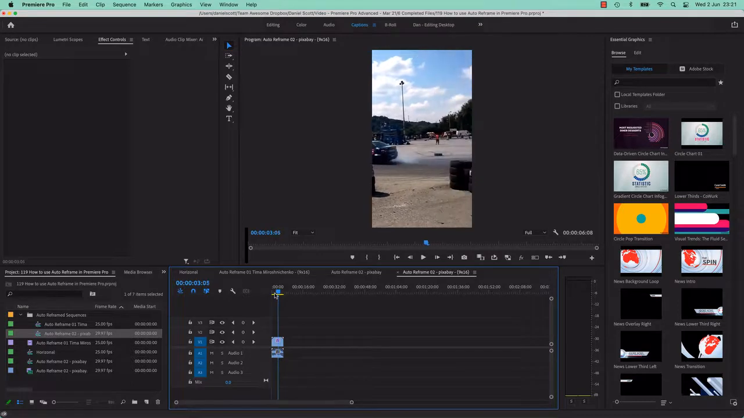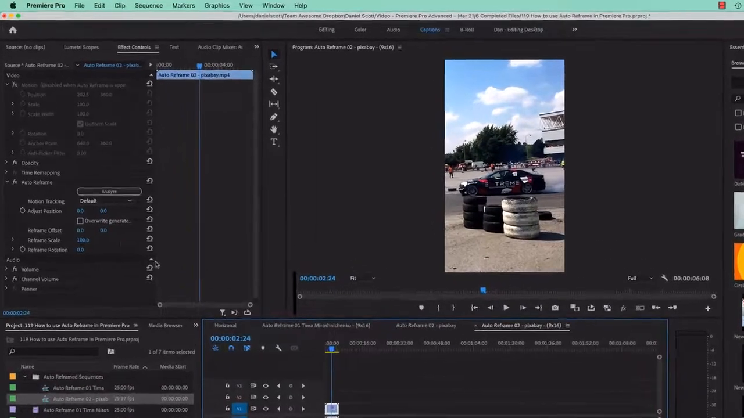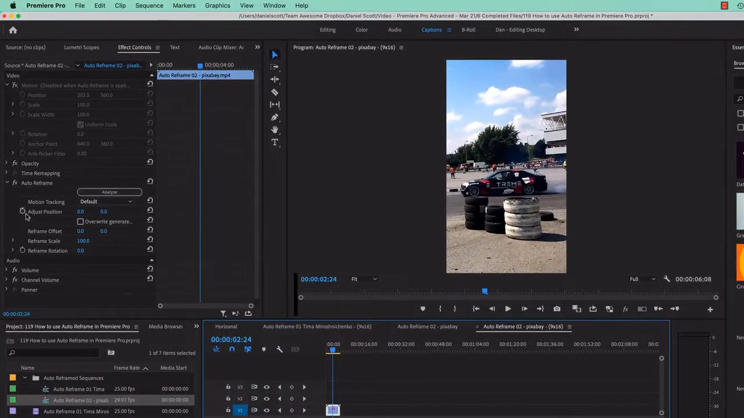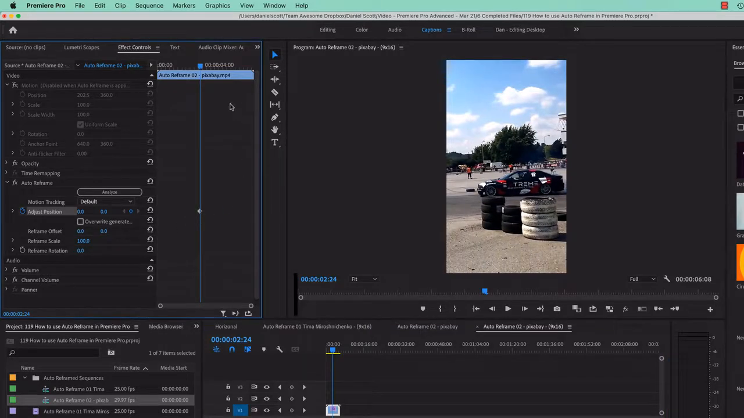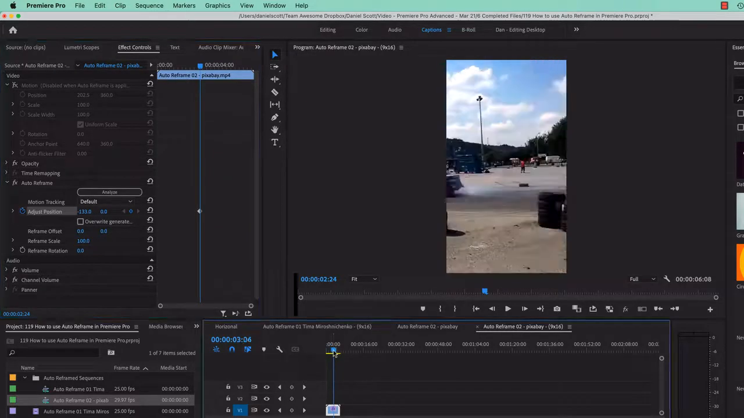So I'm going to get to where it's still clearly in the shot. I'm going to select the clip, and I'm going to adjust position. Turn the little timer on to set a keyframe. There it is. I'm going to set it so it's right in the middle, just dragging these left and right. Then I'm going to move along